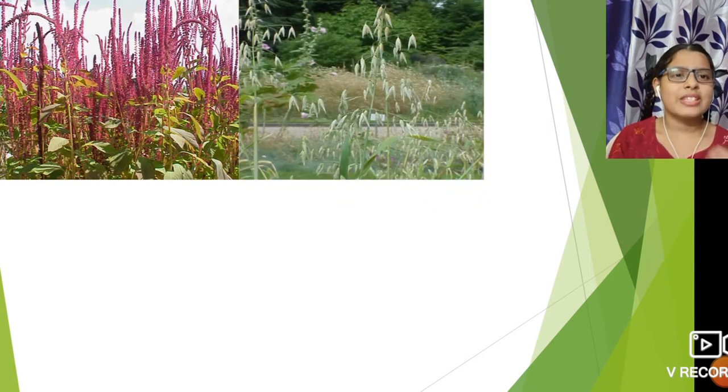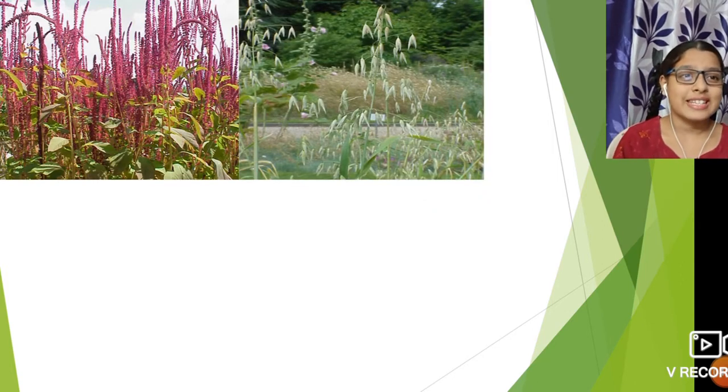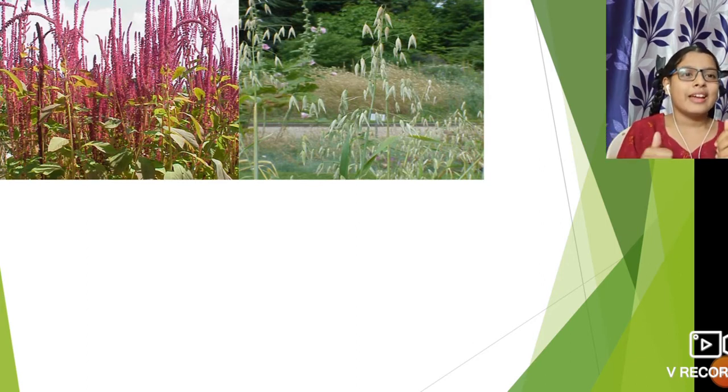Here I have inserted pictures. The first weed is amaranthus. The second picture is the wild oat. These are plants which grow among the crops, and they are also known as unwanted plants. That's why farmers need to cut them down, so that the crops can absorb everything equally and grow healthy and productive.